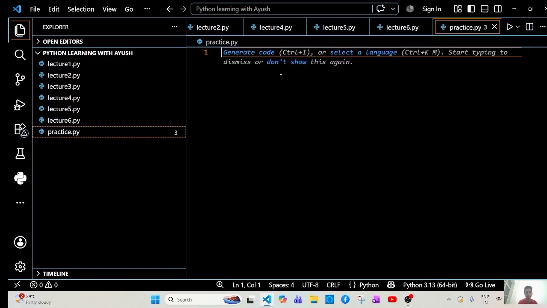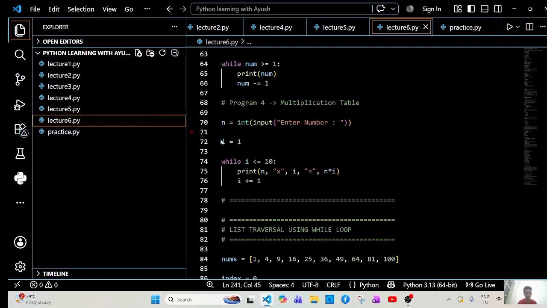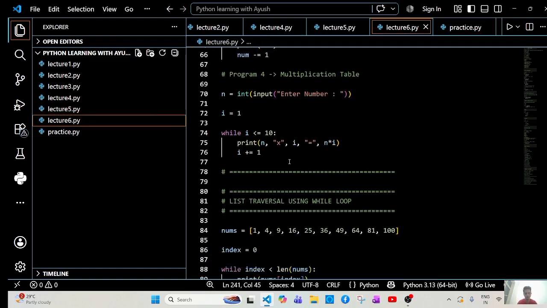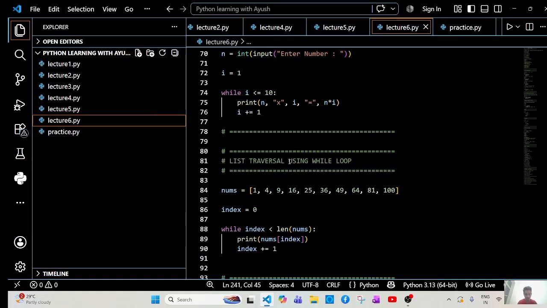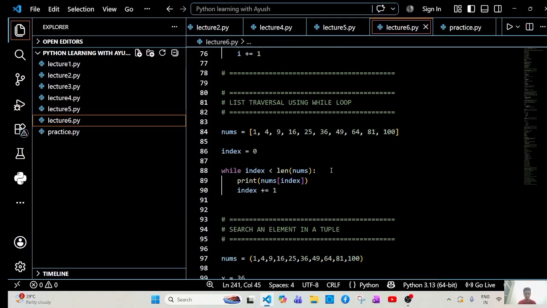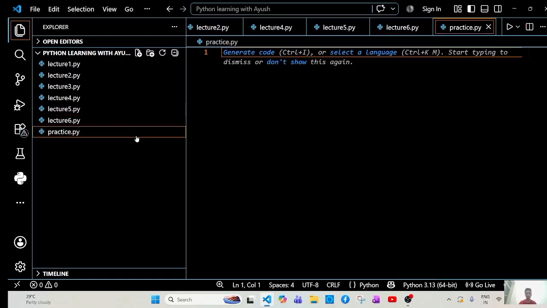We will have list traversal using a while loop. So, traversing a list using a while loop. Till now we have printed numbers, but in real programming we mostly work with collections like lists, tuples, strings, and dictionaries. Suppose we have a list